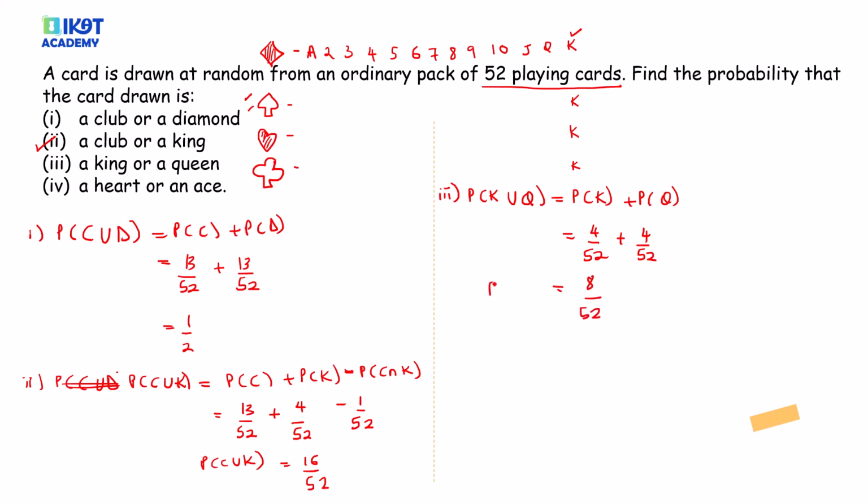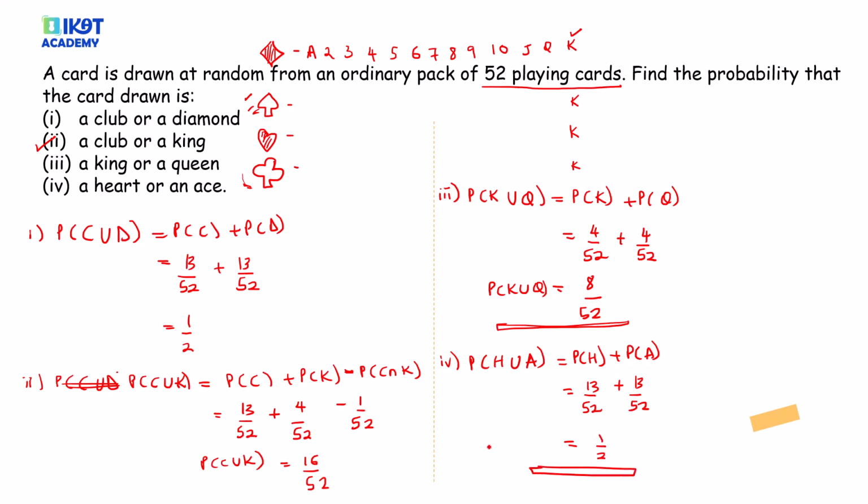Remember, in probability, you can reduce this depending on the answer your calculator gives you. Probability of a heart union ace. Oh, sorry, this is a club. Then this is the ace. Now, probability of a heart or an ace, heart plus ace. You can't draw a heart and an ace at the same time. So these are mutually exclusive. Probability of a heart, there would be 13 hearts, so 13 out of 52, plus 4 aces out of 52. So this gives you a half. So hope this makes sense.